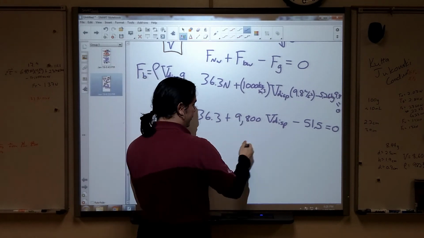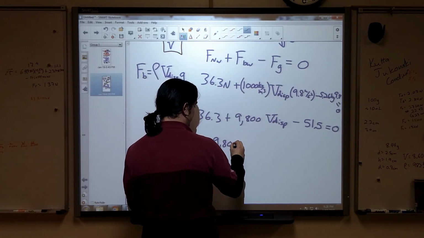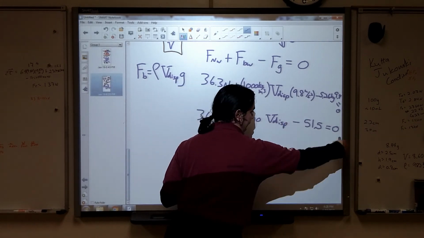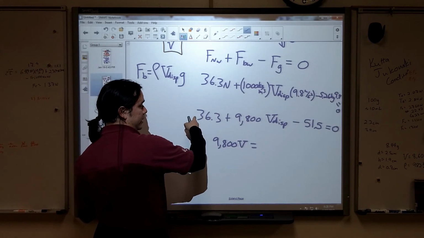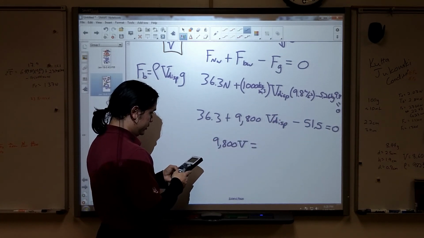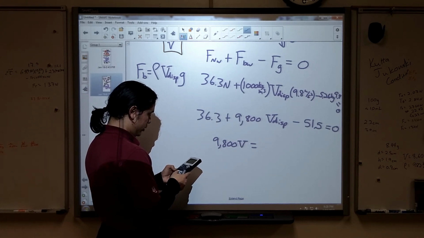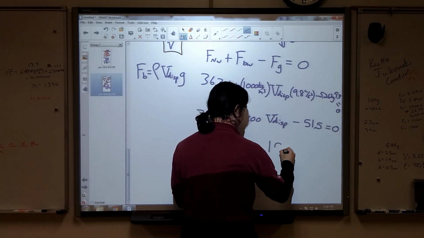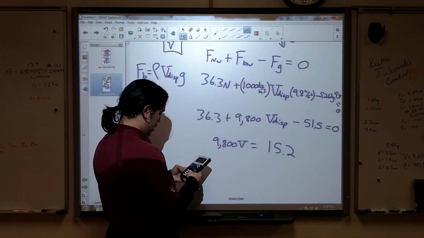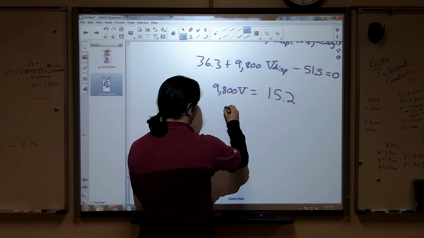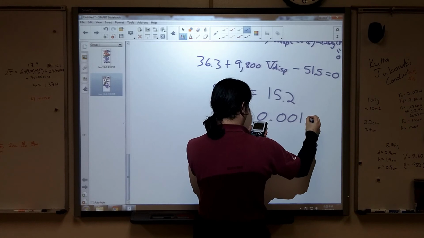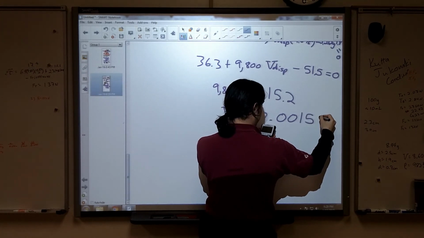So I'm going to solve for the volume displaced, 9,800 V. That's my volume displaced. It's going to be equal to, add 51.5 over to the other side and subtract off 36.3. So 51.5 minus 36.3, 15.2, divided by 9,800. My volume is going to be equal to 0.00155